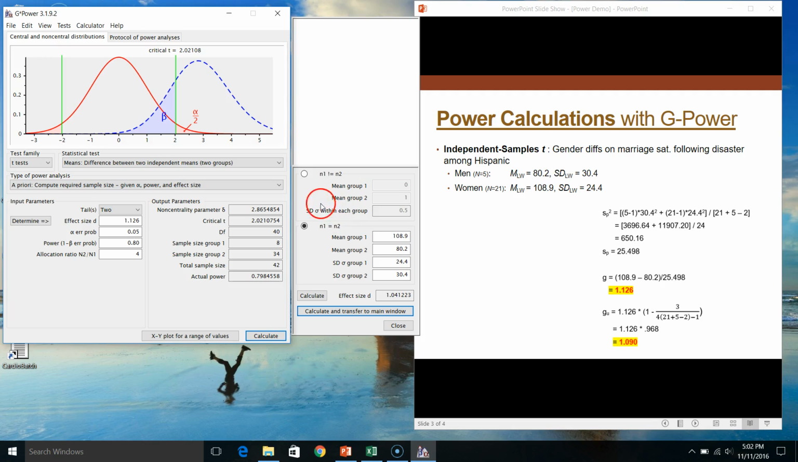We can also see what happens if we go up here. We had talked about using a common variance within each group to calculate our effect size. If we type in 80.2, so we've got our mean for our women, our mean satisfaction for our men, and then let's plug in our pooled standard deviation estimate, 25.498, and then we go down and hit calculate,